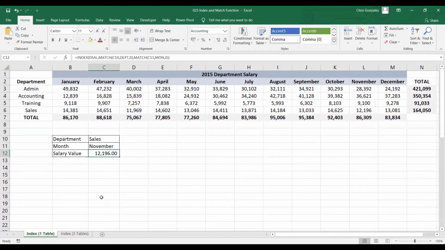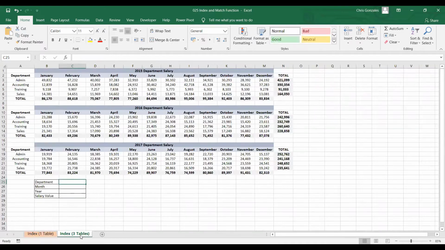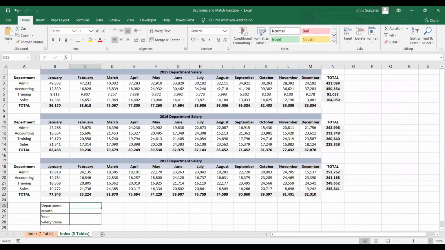Now, let me give you one more set of example. Now, for this next worksheet, we have here three tables. The first table is for 2015 department salary. The second table is for 2016, and the third table is for 2017. Now, my objective is the same. However, as you can see in this table,